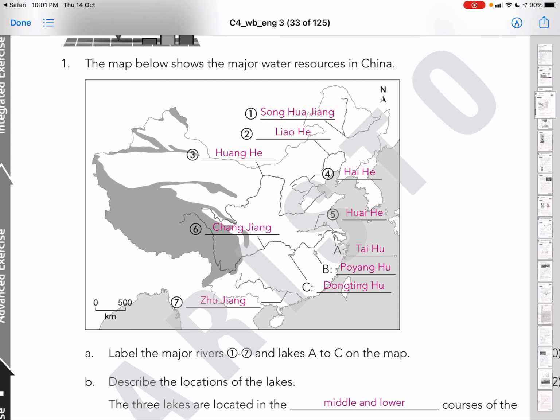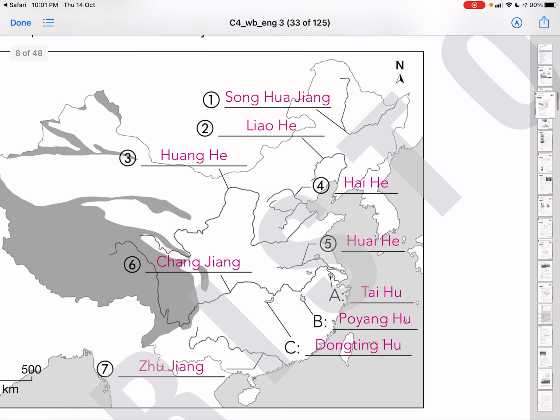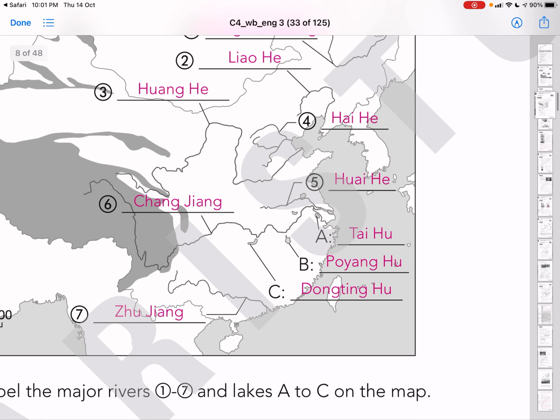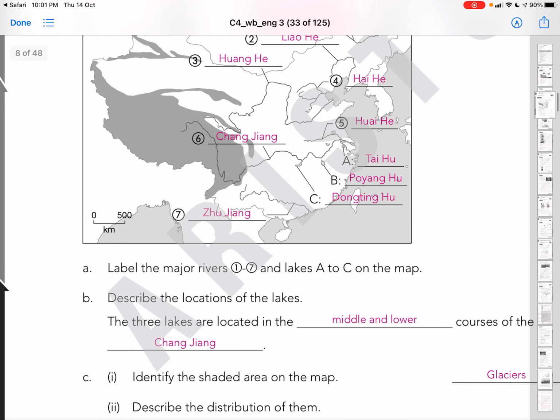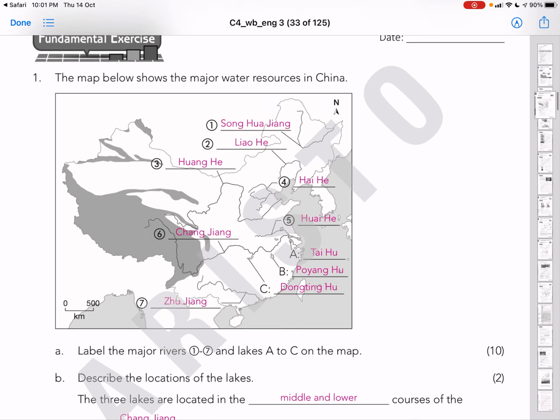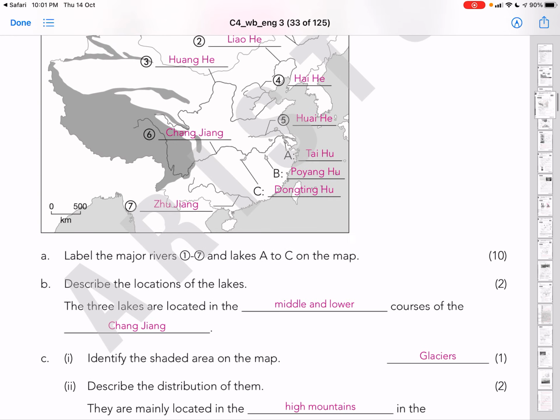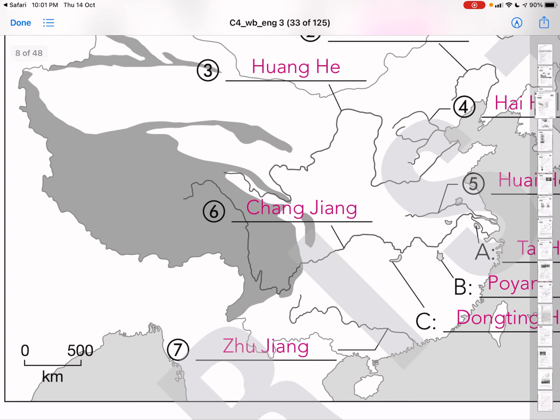You should know that this one is Songhuajiang, Liaohe, Huanghe, Changjiang, Zhujiang, 海河、淮河、太湖、鄱阳湖、洞庭湖, and so forth. Okay, just simply remember where each is located, and it's quite straightforward. I did give you some basic underlying information in the lesson already. For example, Songhuajiang is somewhat next to Northern Korea and so on. Okay, so I think you just memorize where each is located, and the most important thing is that at least you know